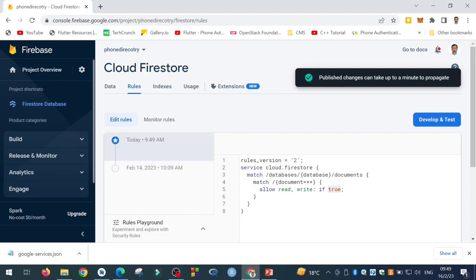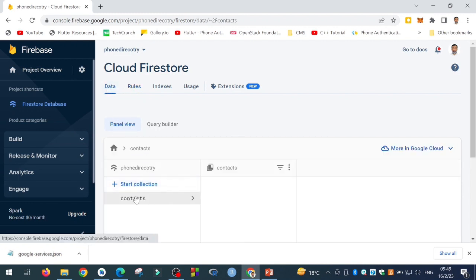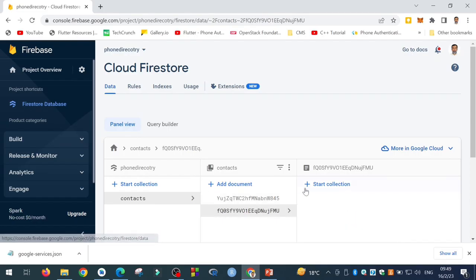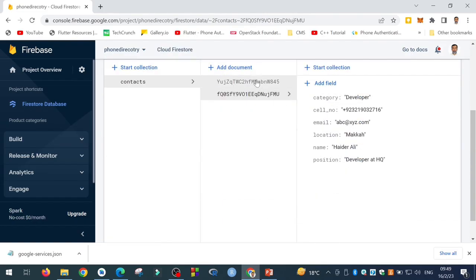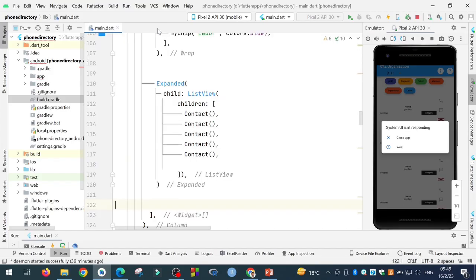So these rules have been changed. Now everything on this side, console.firebase.google.com, has been finished. The next step is to go into the app and see how we can fetch the data which is available in this context list, and we want to fetch these two contexts and put them in the list view in Flutter. So I will go to the Android Studio,